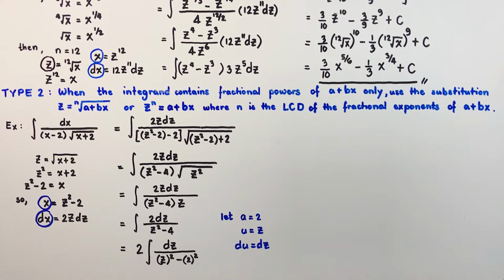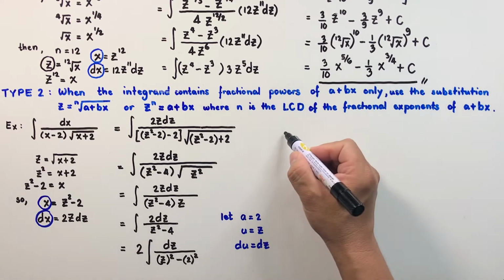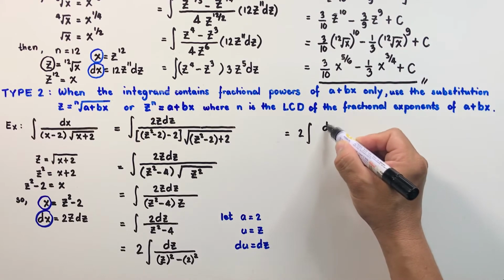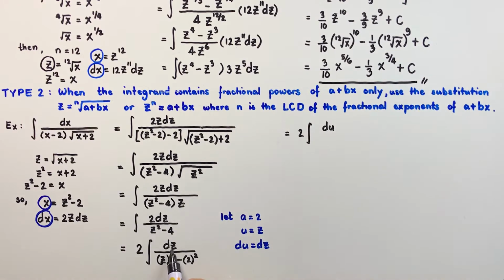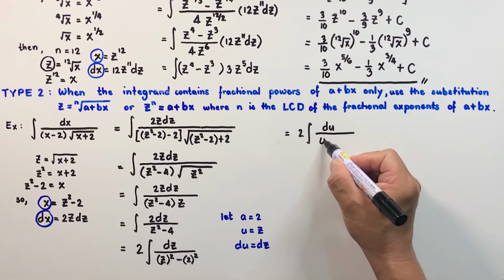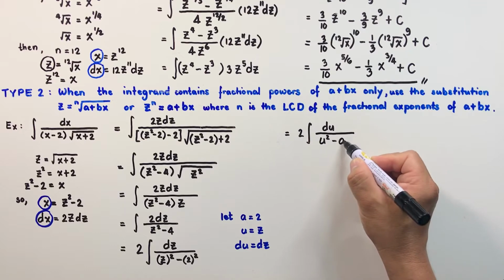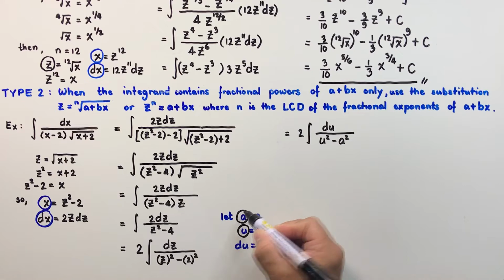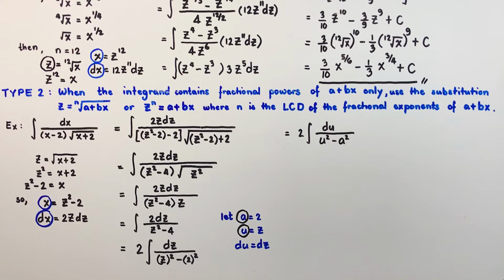So substituting these representations to our integrand, we have 2 times the integral of du over u squared minus a squared. So by the integration formula 25 that we introduced in our video number 5 in this playlist,